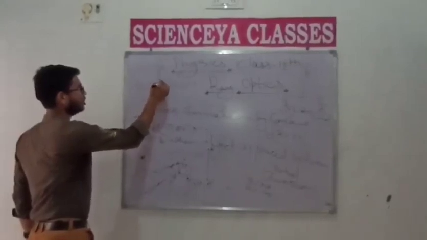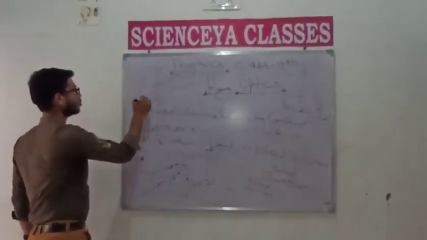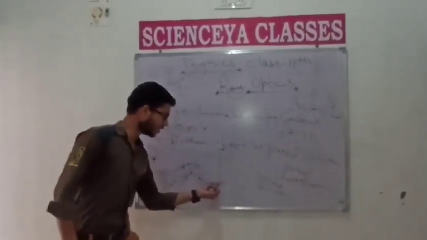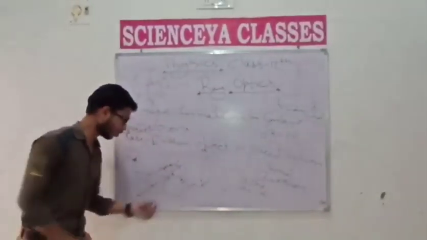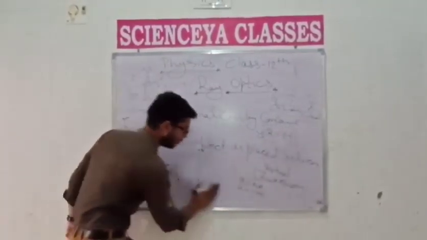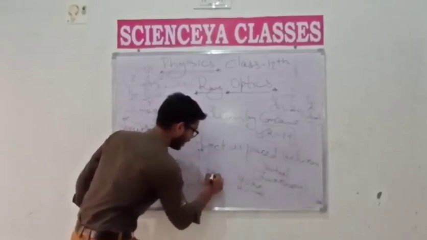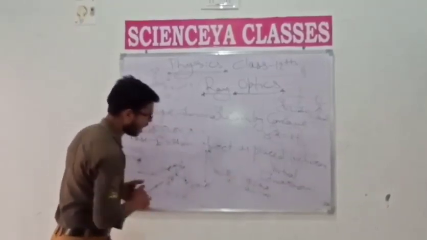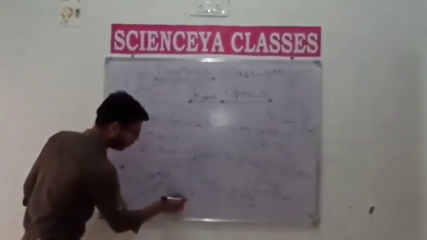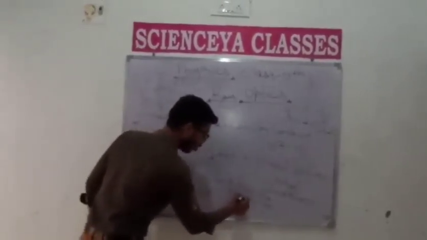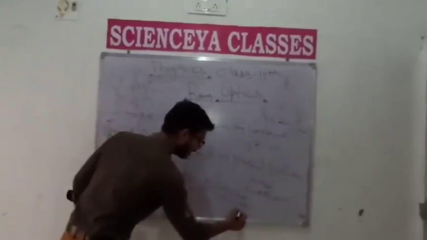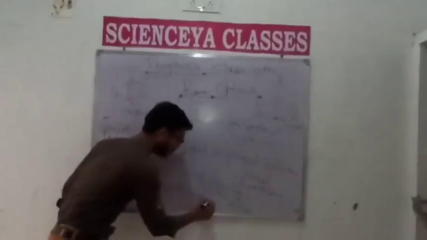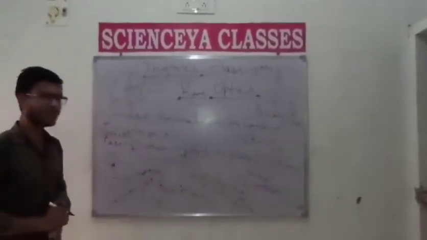Suppose this is the origin O. This is the first quadrant, second quadrant, third quadrant and fourth quadrant. Similarly, here we note down that V is positive and U is negative. Okay, friend? So in the case of linear magnification, M is equal to V by U. In the special case where the height of the image, or the value of V, is greater than the height of the object, or the value of U, the value of M is positive.